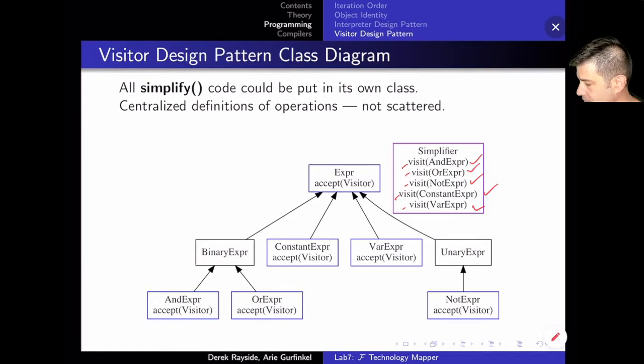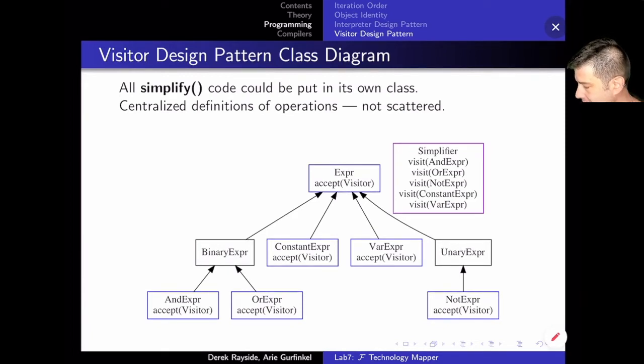And the code for the visit method will be the code that I want to do at this particular class. So for example, visit NOT expression in a simplifier will do the simplifications that are done at the NOT expression. And this code will just live together in one class. Now, in order to connect this class to